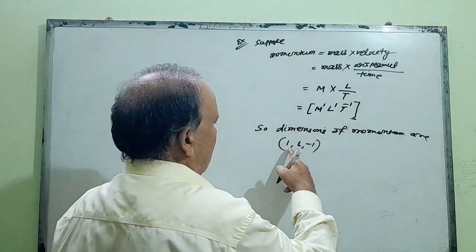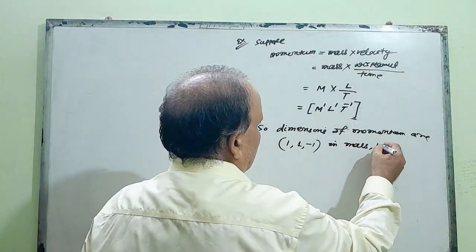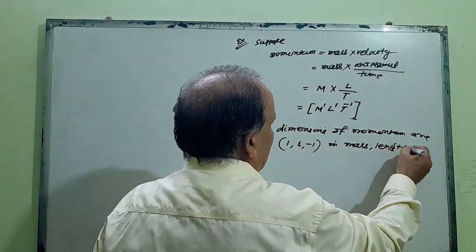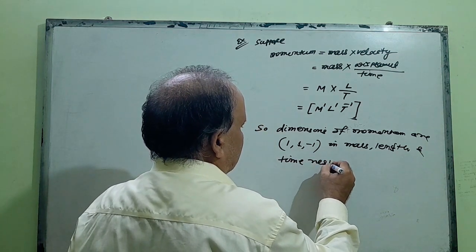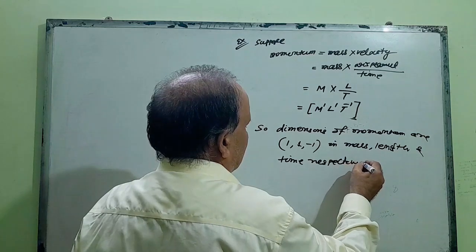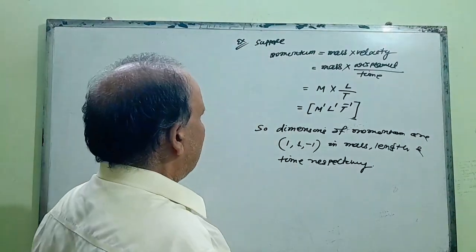Dimensions of momentum are 1, 1, -1 in mass, length and time respectively. This is the dimensions of momentum. Now see,